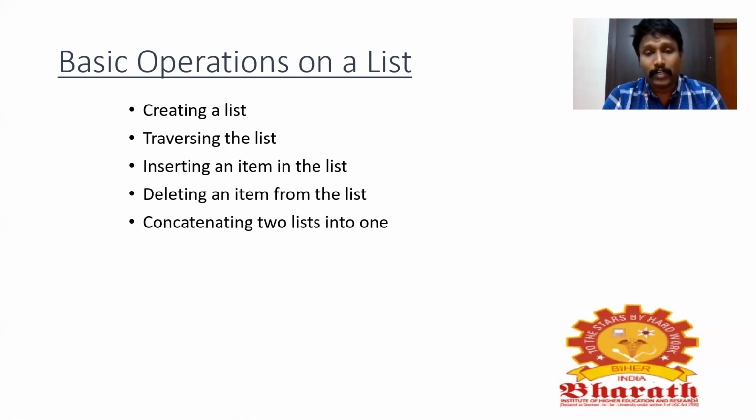If there is only one node, you can't call it a list. It's just one node. If you are inserting another node, then it is called a list. So if there are 2 or more nodes, it forms a list. This is how we will be creating a list through insertion. I hope you would have understood it.